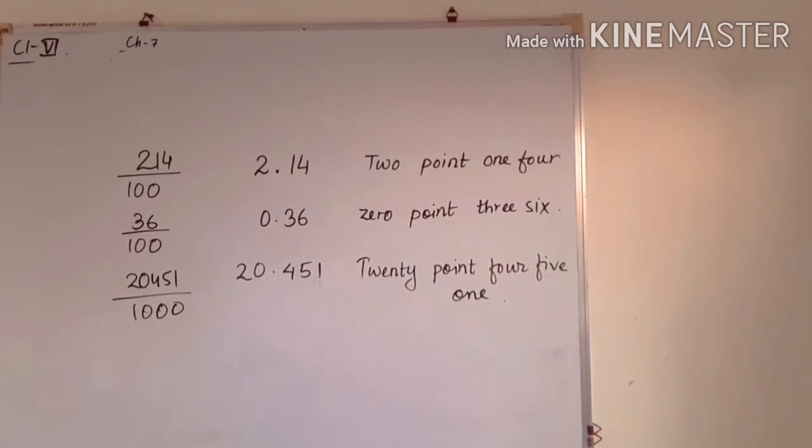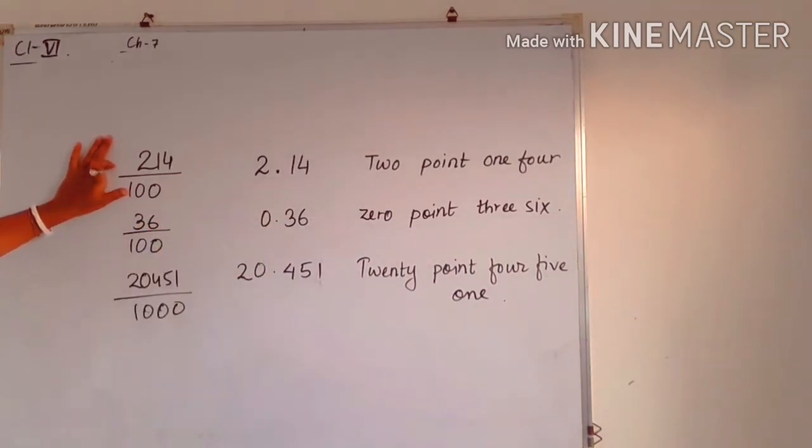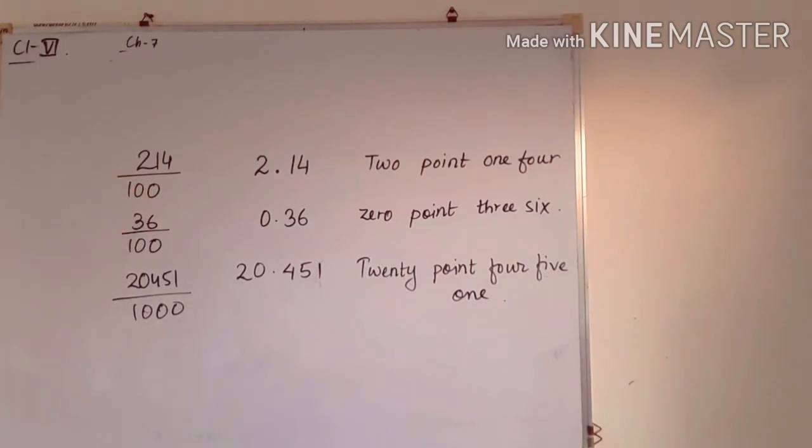See some examples of decimal numbers and how to read them. This is 2.14. In fraction we can write it as 214 by 100, because after the decimal point we have only 2 digits, so we divide into 100 equal parts. Like in the previous example 0.2, after the point we have only one digit, so the fraction was 2 by 10. That means we are dividing one whole into 10 equal parts.